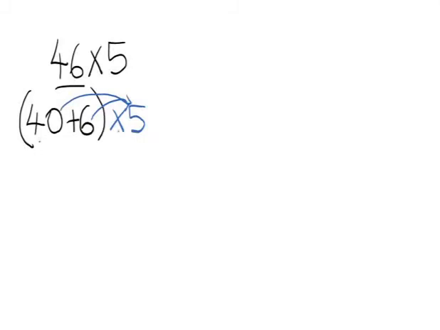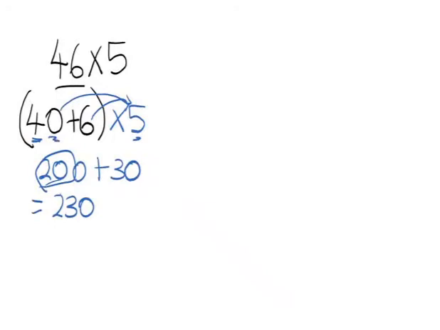So 40 times 5 is 200. And 6 times 5 is 30. So 200 plus 30 is 230. Now you need to know your multiplication tables in order to know these sums. If you know that 4 times 5 is 20, then 40 times 5 is 200, but because of the extra 0. All right,